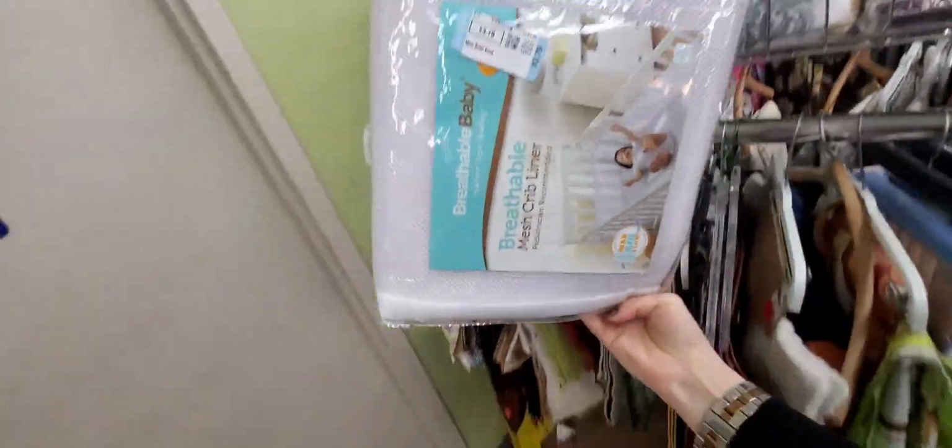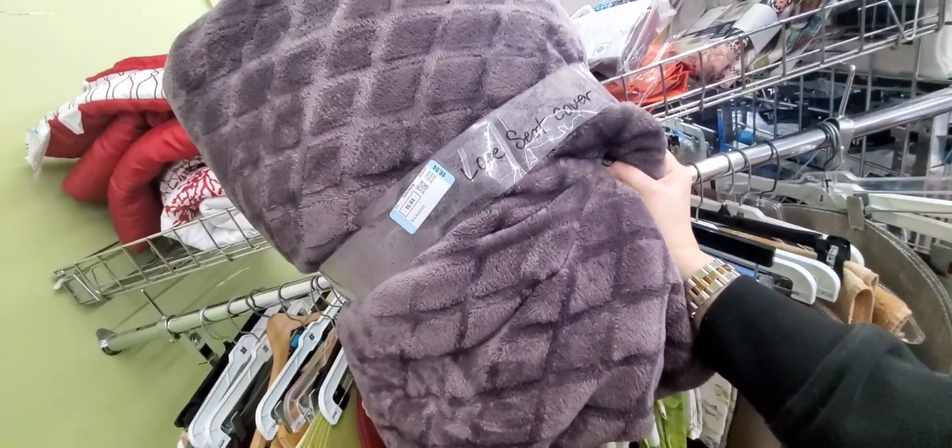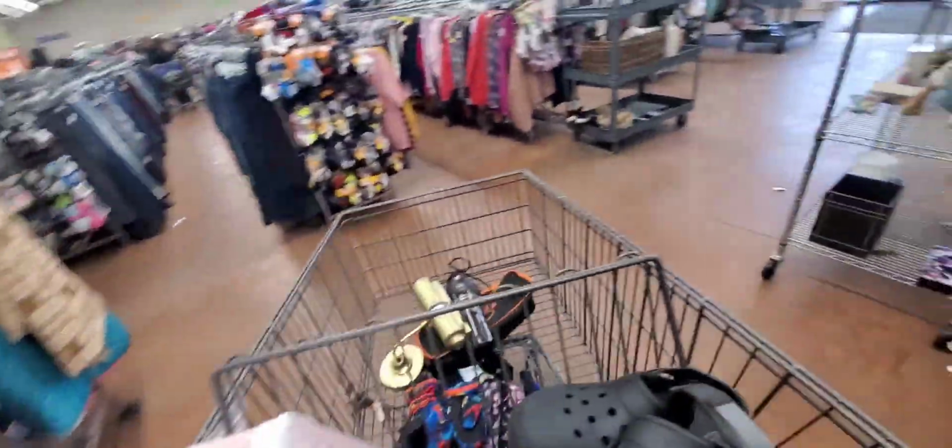Nothing exciting. I do look for Lenox. They have their own nice holiday Christmas ones. I sold some last year for like 70 bucks. My mom used to have them back in the 90s. She may actually still have them, and she probably paid retail for them. That's really nice. It's like a couch cover. Kind of weird, being that fuzzy purple color, but...